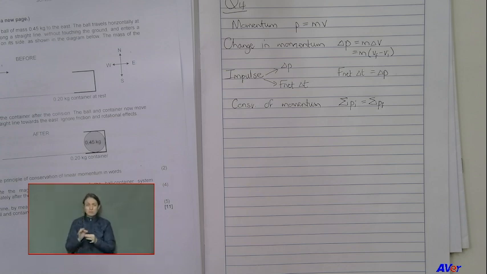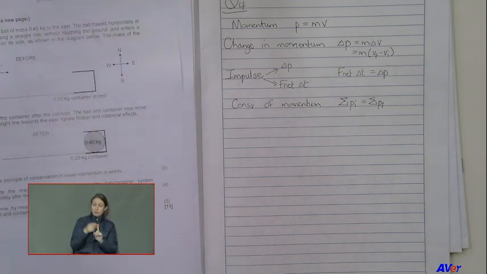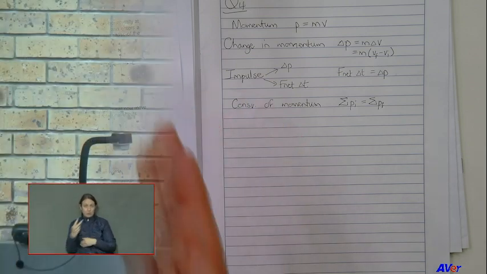And then the most difficult thing is to decide, do I have one object beforehand and two after the collision, or two before, two after, or two before, one after? Those are the decisions that you have to make to use the definition. So I'm going to use this now in doing the calculation, but that's what you have to know about momentum.